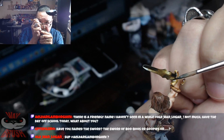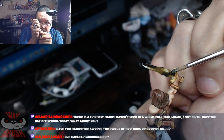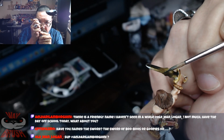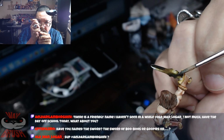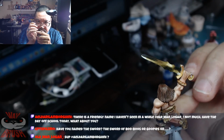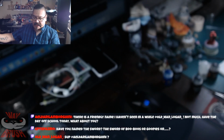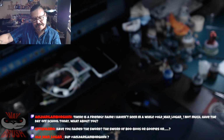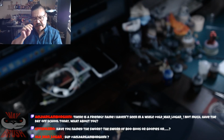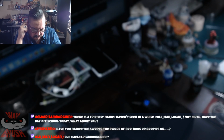Just trying to maintain consistency here as I work our way across the model. Try not to overwork the color. Let that dry. We'll come back at it again. I almost want to push some kind of long shadows along that edge. Just kind of create some